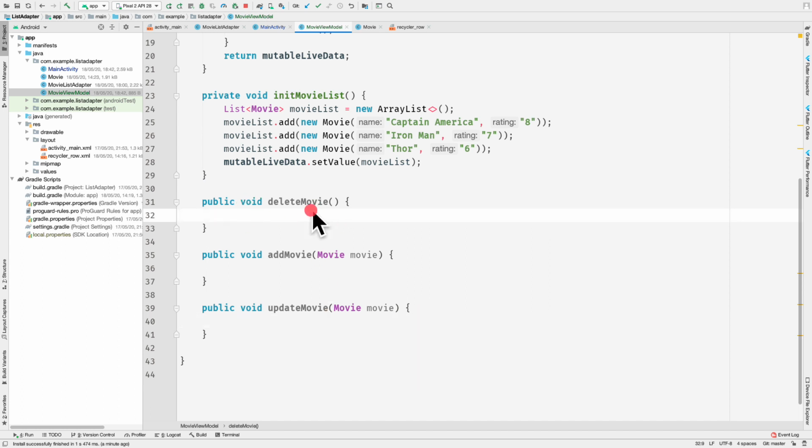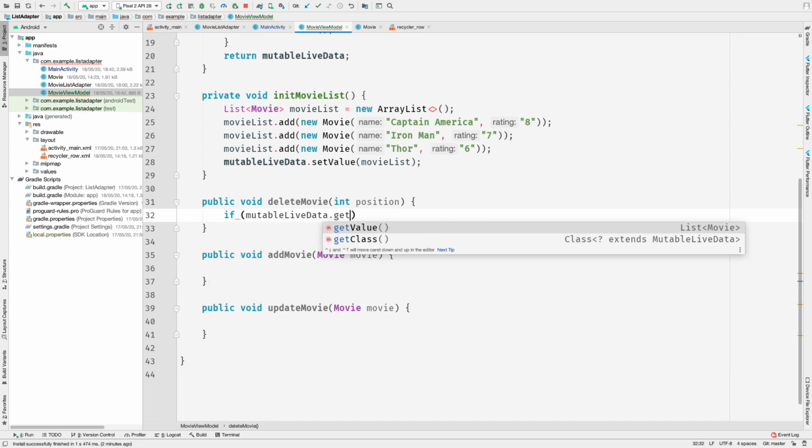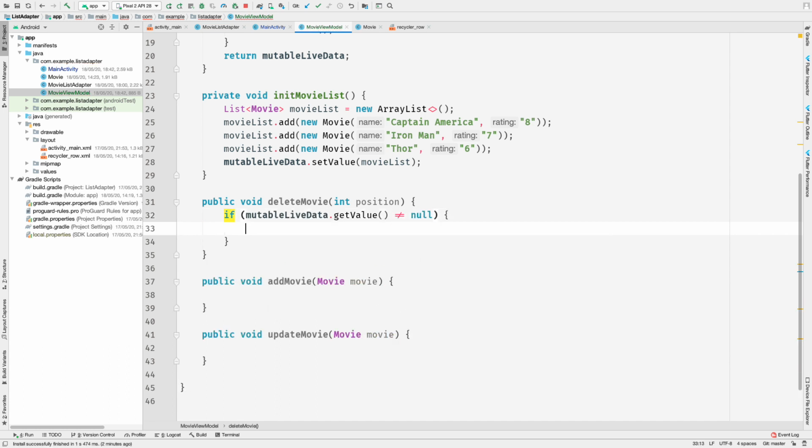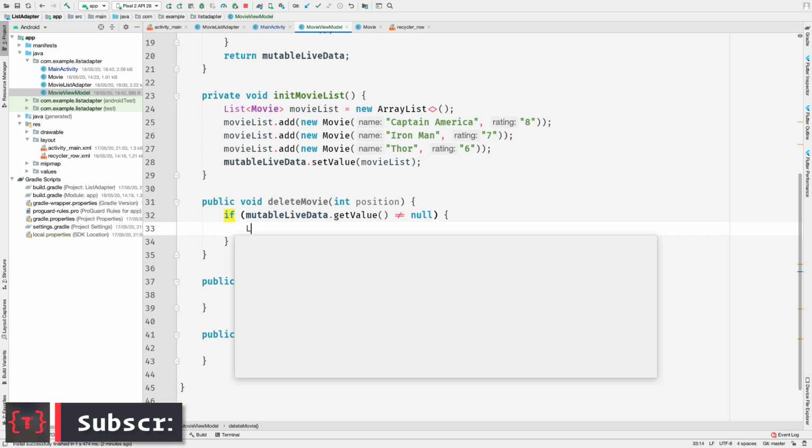So firstly, let's look at this delete movie, and here we need to pass in position because we want to delete a movie at a certain position. So here inside this method, firstly we'll check if mutable live data.getValue is not equal to null, then we can proceed with deleting the movie. So firstly we'll get a list of movies.